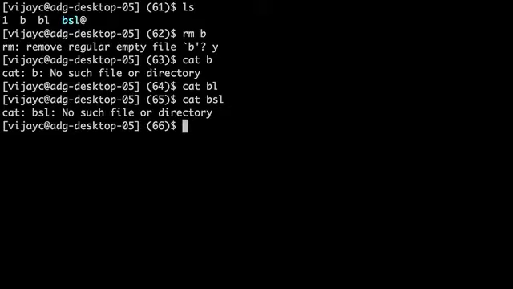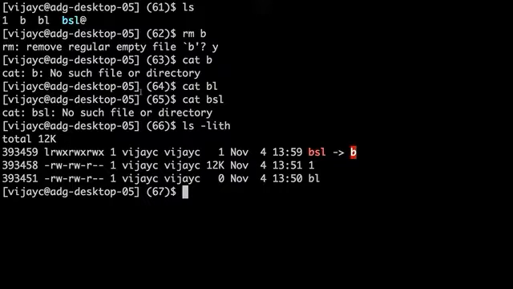The reason is, let's do this, which shows you the symbolic link information. BSL, the symbolic link, is pointing to B. It's not pointing to an inode number, it's pointing to an actual path. If we remove that path, the symbolic link is hanging. It's like a hanging reference to that file. If it can't resolve this file, then this will not be able to work.